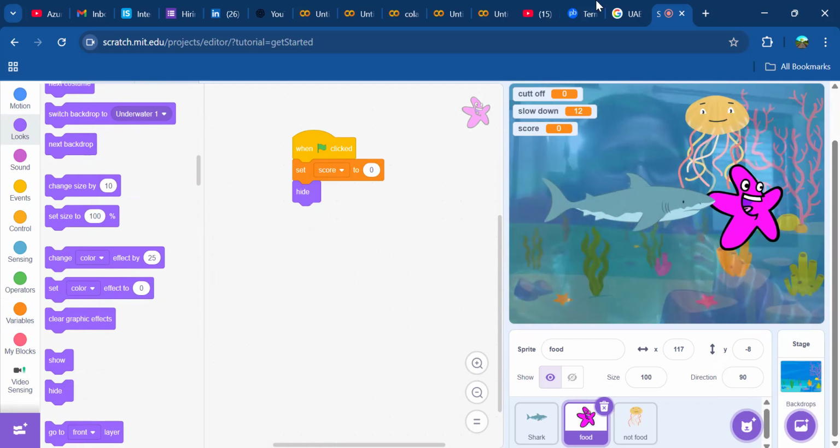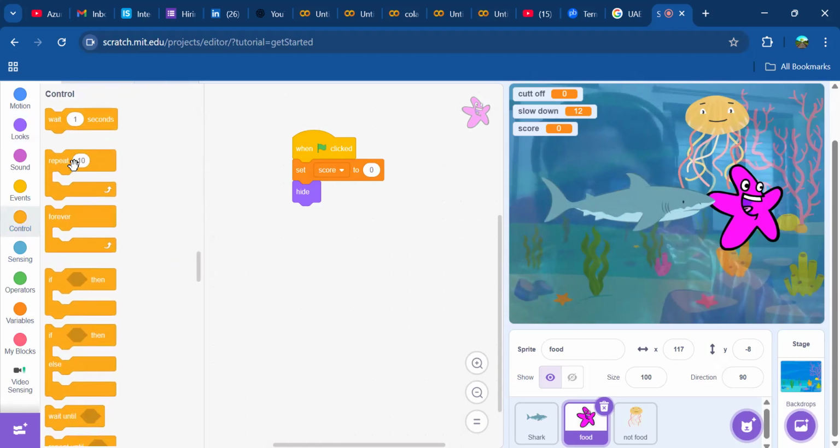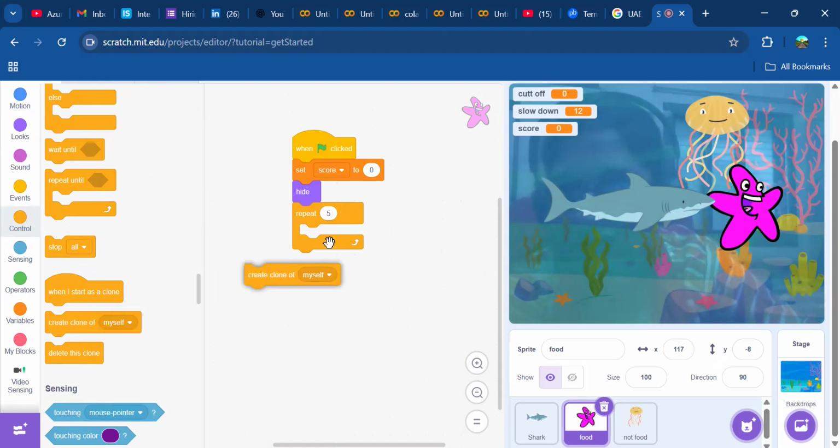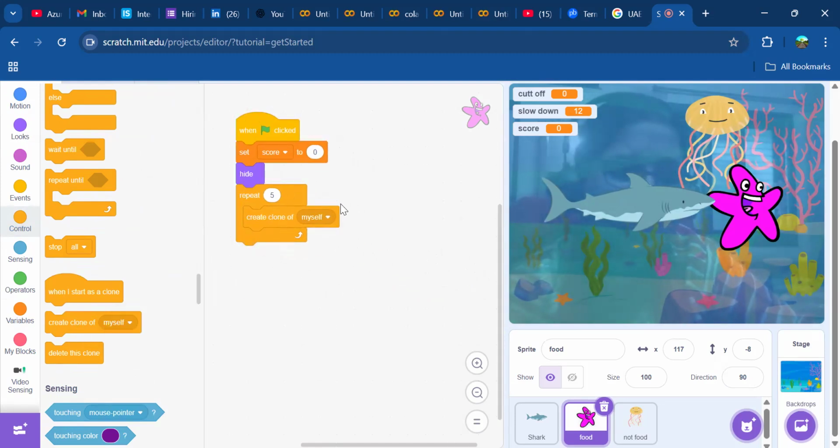repeat, for example, 4 times or 5 times, because we need to create the clone. For example, if the shark eats the food sprite, which is your starfish, we will get some more food, some more starfishes. So it means we need to create a clone of the first starfish. How will you create the clone? It's very simple. Just go to the control and use repeat. For example, we want it 5 times, and every time we create a clone of myself. It will just create a clone. Okay,